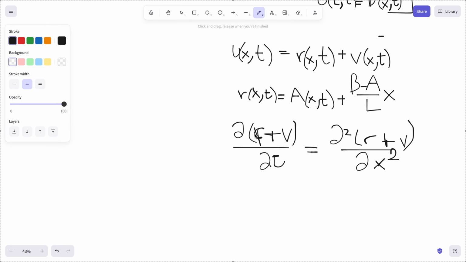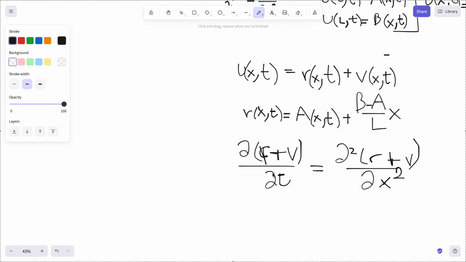Well, we'll need to, this time, the derivative of r with respect to t and with respect to x, whole squared, doesn't just equal 0 like it did previously. This time, it will be non-zero. And so we have to include that in our calculations. So we'll say that partial v over partial t equals partial squared v over partial x squared. But this time,